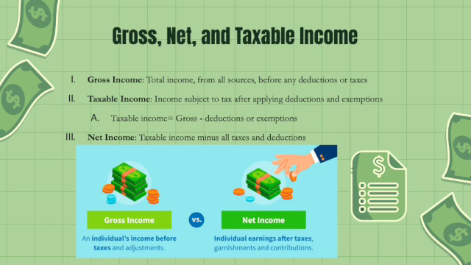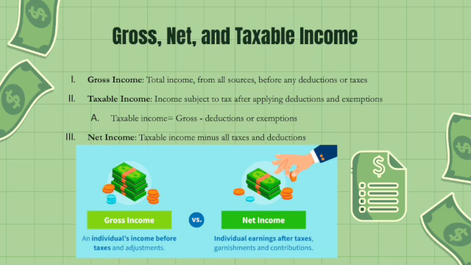Next up, gross, net, and taxable income. So gross income is the total income from all sources before any deductions or taxes. Essentially, it's the overall. And then taxable income is the gross income minus deductions or exemptions. Deductions and exemptions will be explained more in depth later, but they're things that subtract from your gross income so you can pay less taxes, which is good for the taxpayer